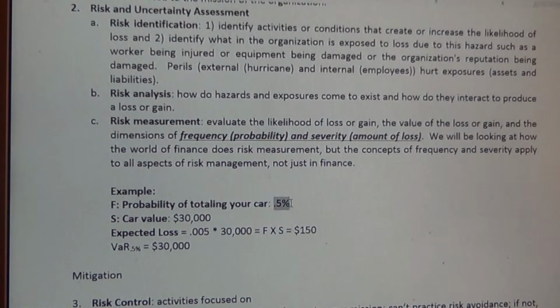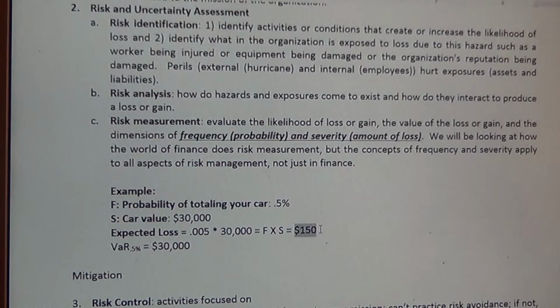Let's say you say that's 0.5%. Let's say your car is worth $30,000. So your expected loss equals frequency times severity. So your expected loss then is 0.005, that 0.5%, times $30,000, frequency times severity equals $150, which means if this is true of your driving and all you can do is total your car, you can't just damage it partially, either have no damage to your car or you completely total it, then your expected loss is $150, which